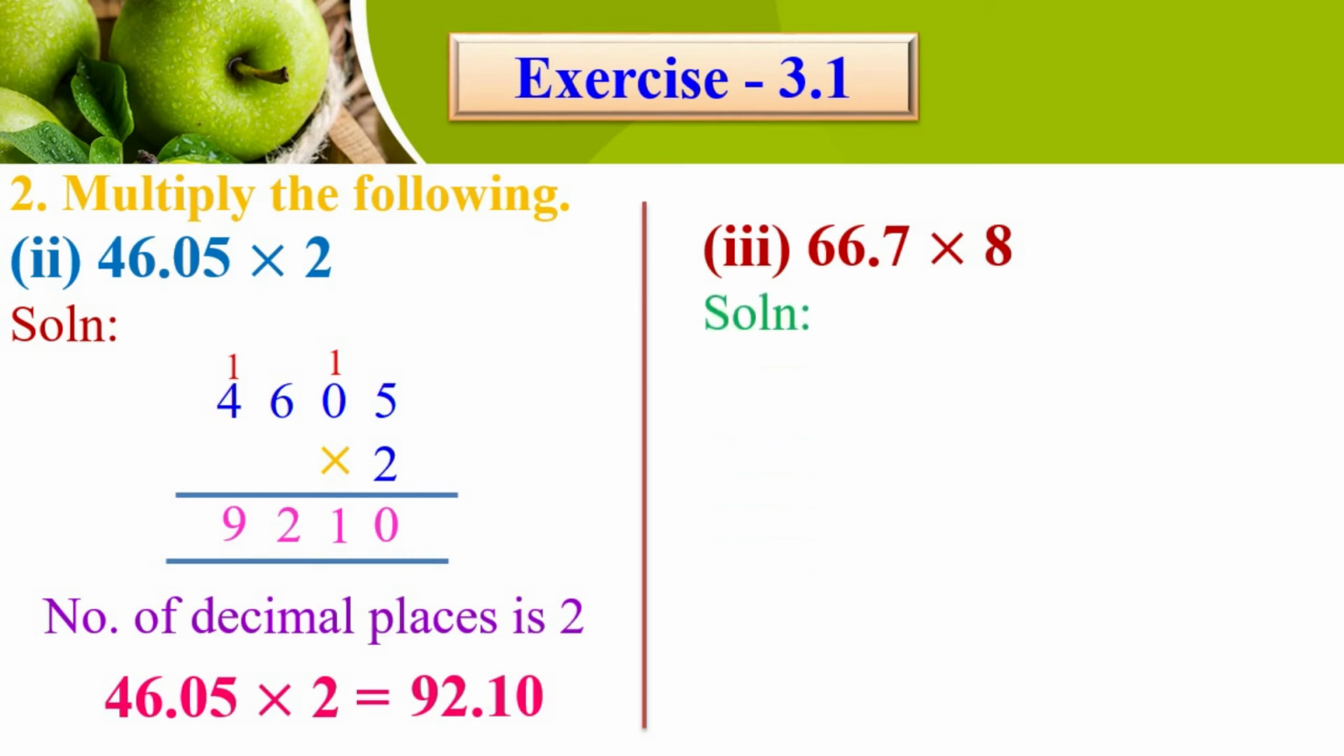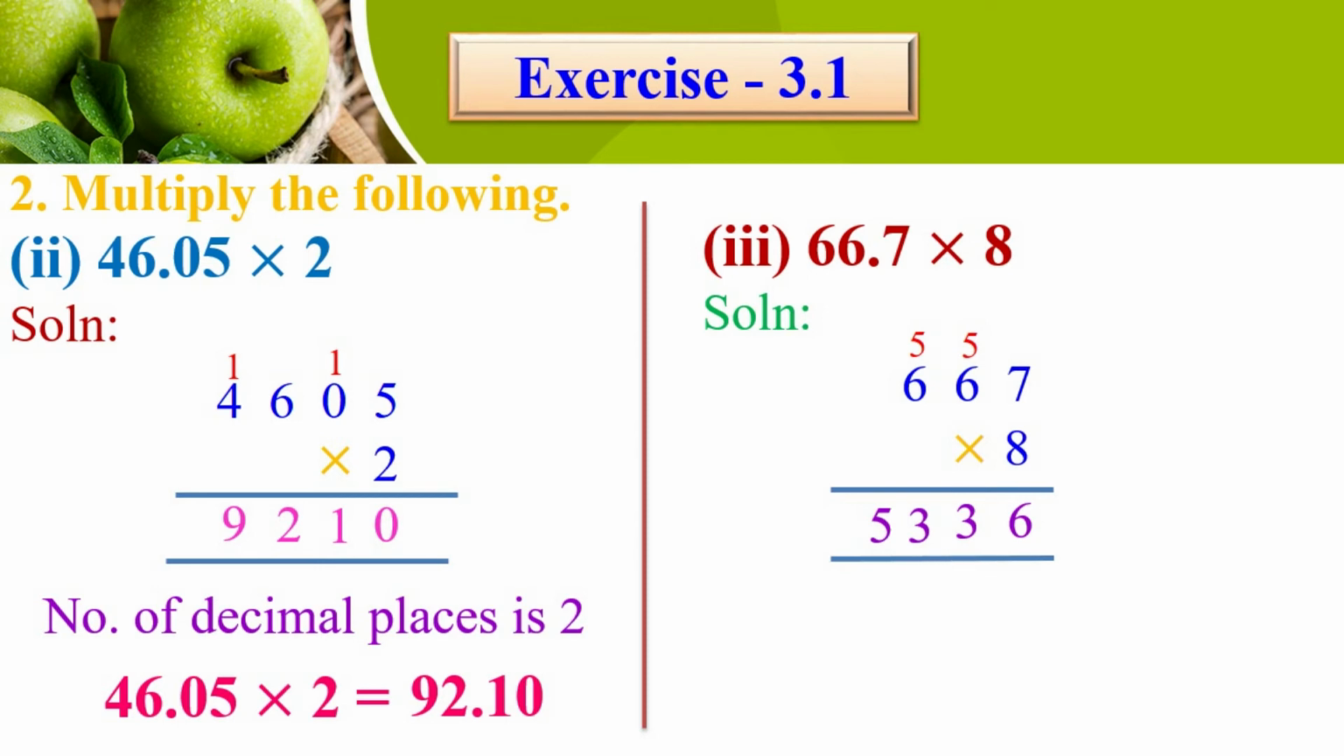66.7 multiplied by 8. First step, ignore the point. We get 667 multiplied by 8. Let's do the multiplication. 7 eights are 56, remaining 5. 8 sixes are 48, 48 plus 5 is 53. Place the 3, remaining 5. 8 sixes are 48 plus 5, 53. We get